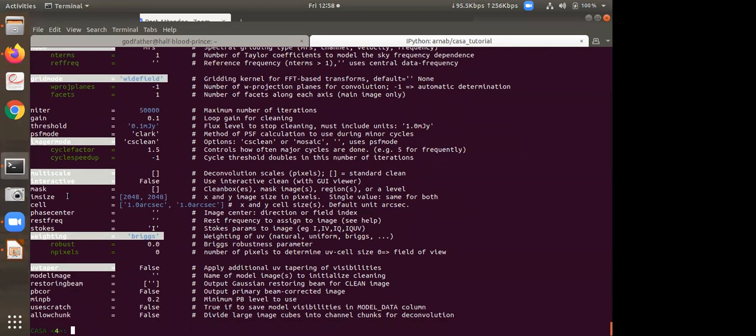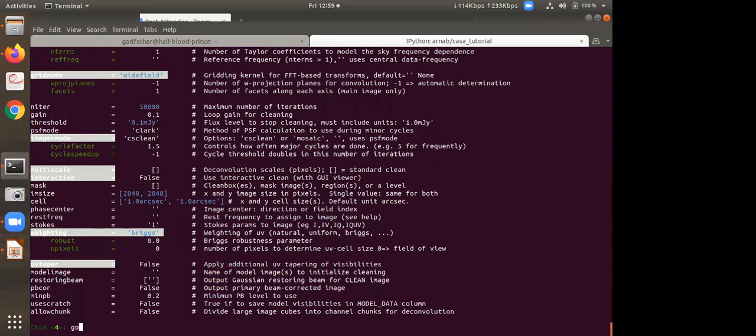Okay, then I do not provide the multi-scale option here since my source is a point source at the phase center. I just provide the image here. I do not have a mask a priori, so I do not provide any mask. But if you do want to do self calibration, you need to make a first image without a mask, then create a mask from that image, then provide the mask here and start your cleaning. I provide the image size, I provide the cell size, I do not mention anything else here, it is default, and I use the Briggs weighting with robust parameter 0.0, and I kept everything else as it is. So if I write go, it will start the cleaning process.